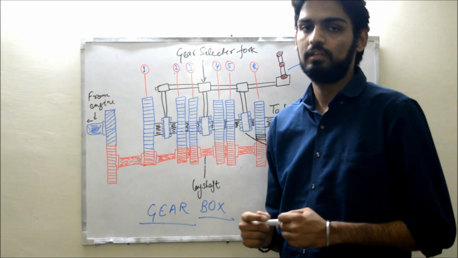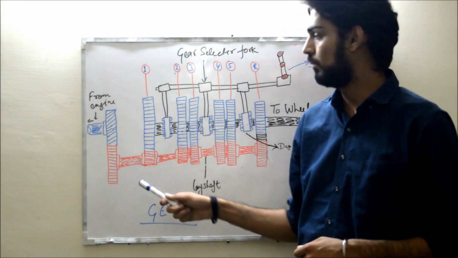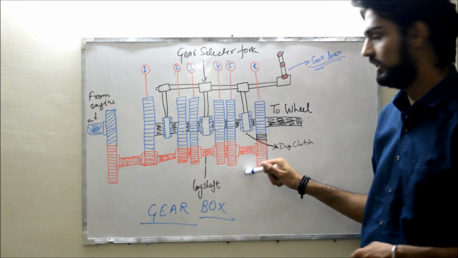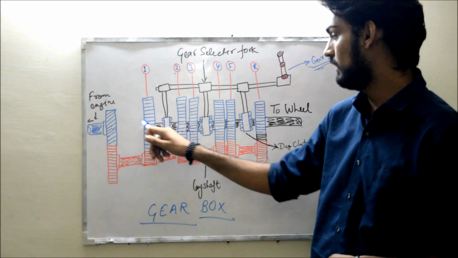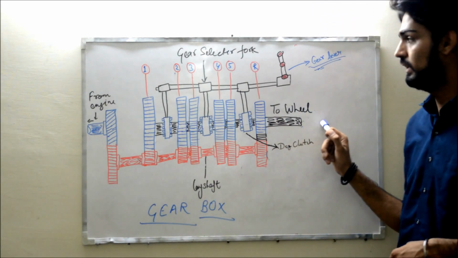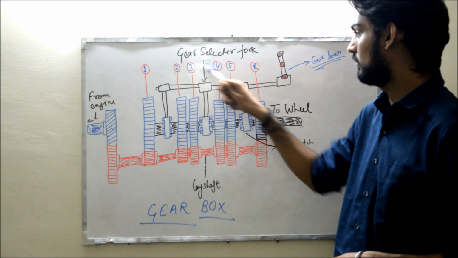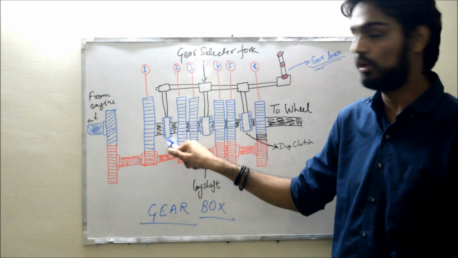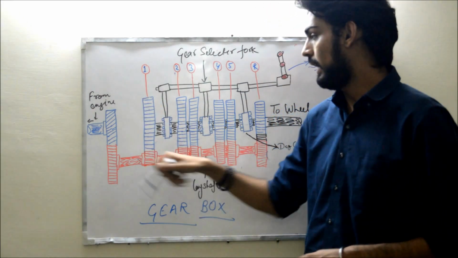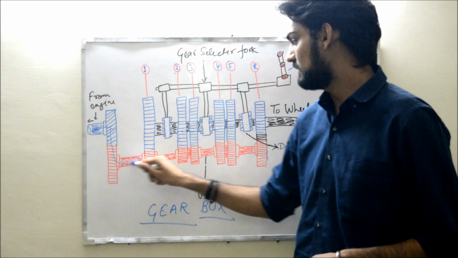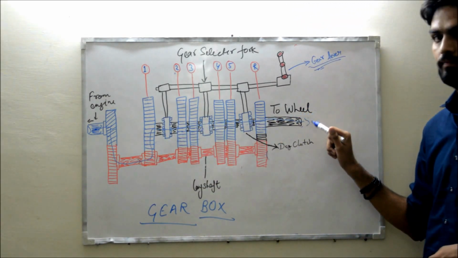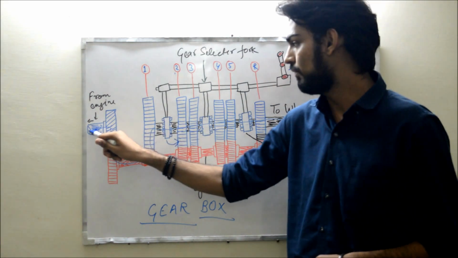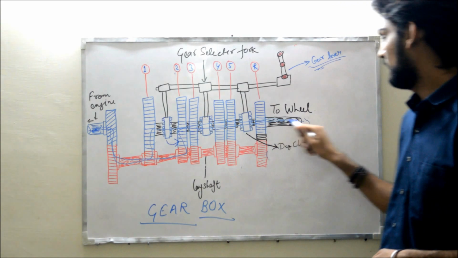Now we'll discuss the gearbox. This is the basic diagram of the gearbox. This is the shaft which is connected to the source. It rotates the lay shaft, and the lay shaft is connected to the gears, but the lay shaft is not yet connected to the wheels until the gear lever selects the gear with the help of the gear selector fork. If we apply first gear, the dog clutch gets connected to the first gear, the power from the source travels like this, and the automobile starts moving accordingly. If we apply the second gear, the dog clutch gets connected to the second gear, and the power from the source flows like this, and the automobile moves.